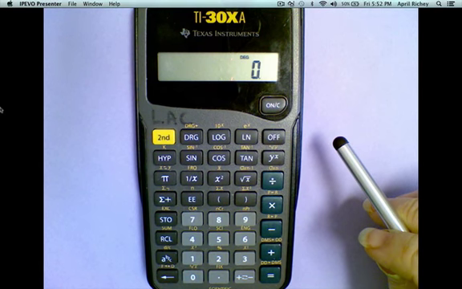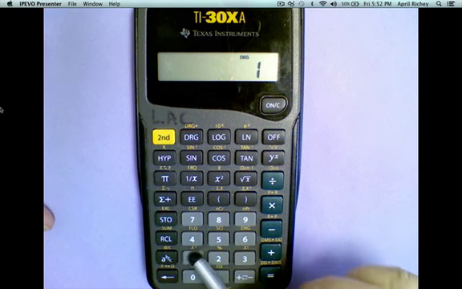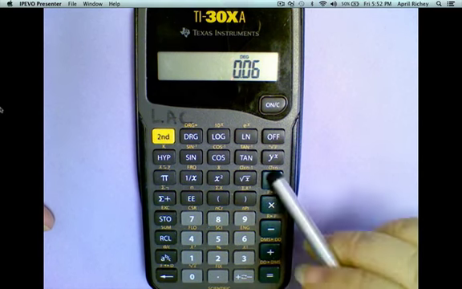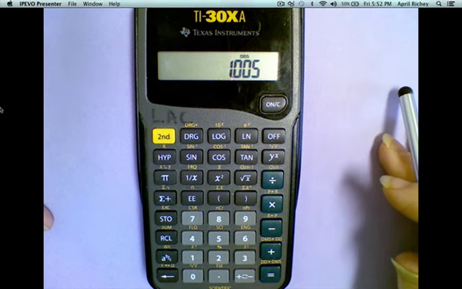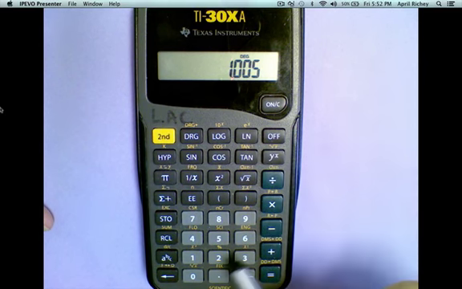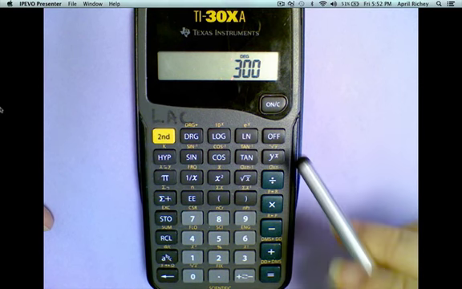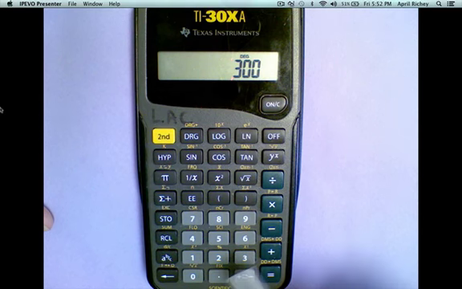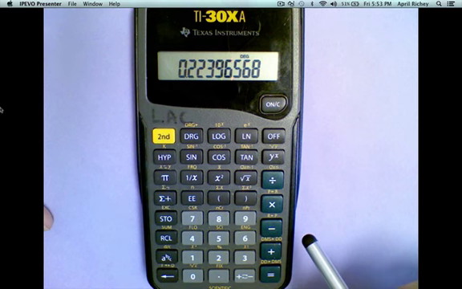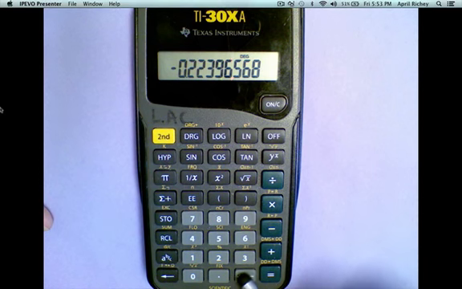So let's begin with 1 plus 0.06 divided by 12, and that gives us 1.005. I'm going to raise that to the -300th power. So I hit my exponent key and typed in 300, and then I hit my plus or minus key to make that negative, and then pressed equals. That gives me 0.2239, and that continues on. Now I need to subtract this from 1, so I'm going to make it negative, and then add 1, and that gives me